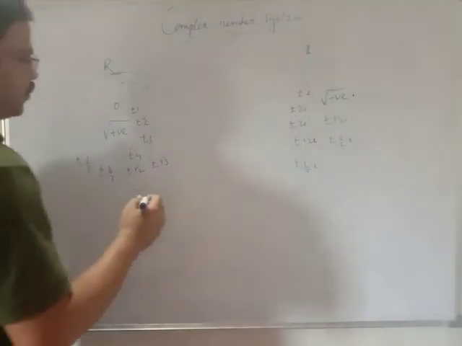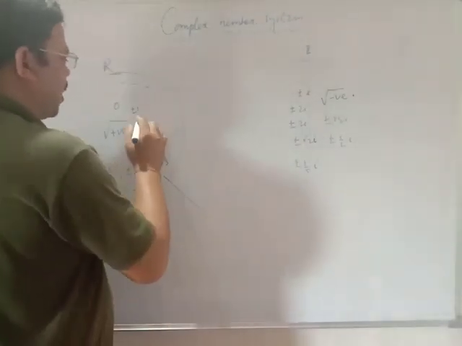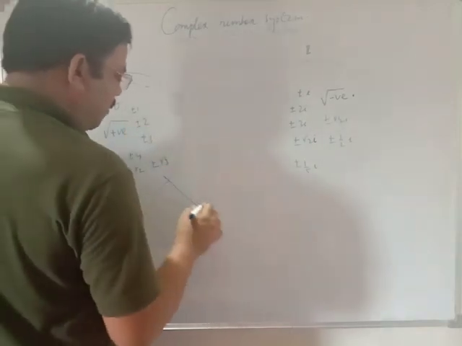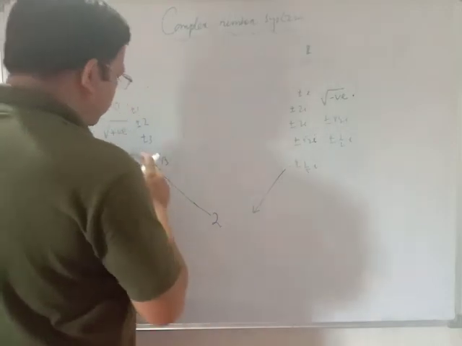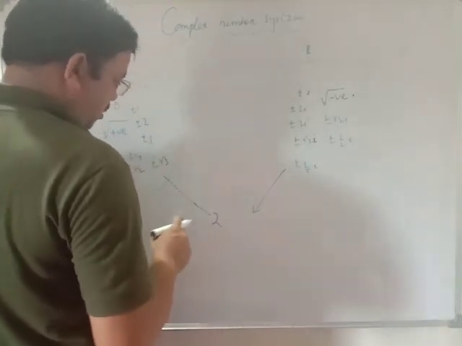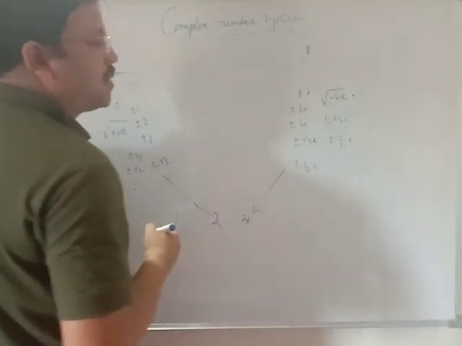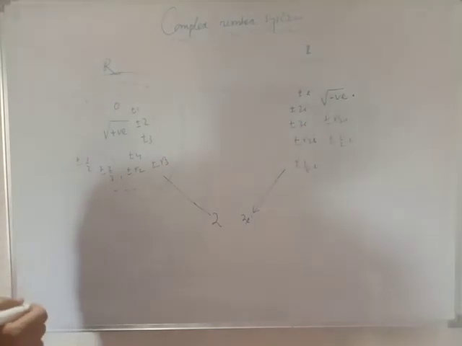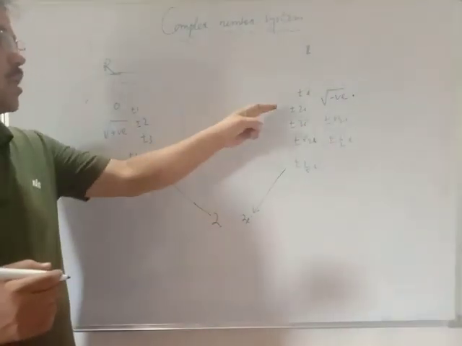But what happened once upon a time, a particular number comes from here, it is 2. Suppose this is a boy, 2 comes from here, and another girl, 3i, comes from the set of imaginary. 2 belongs to the set of real numbers, 3i belongs to the set of imaginary.